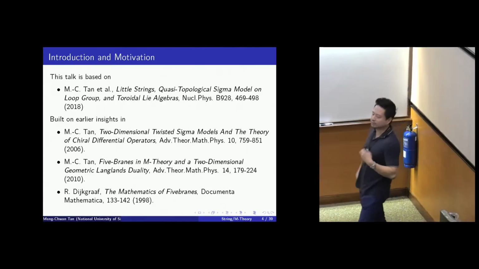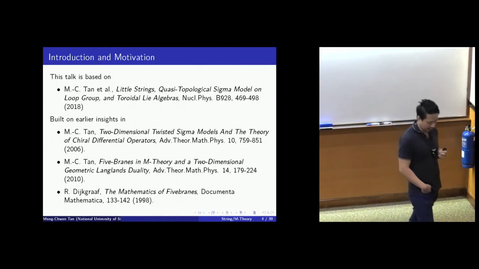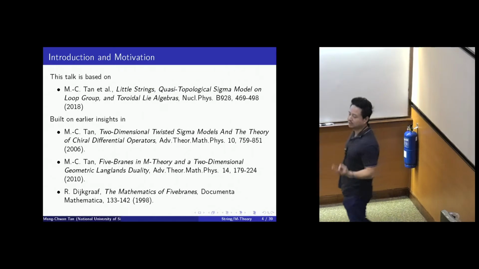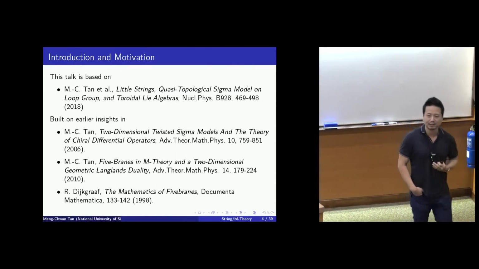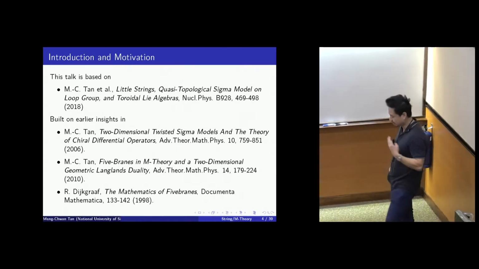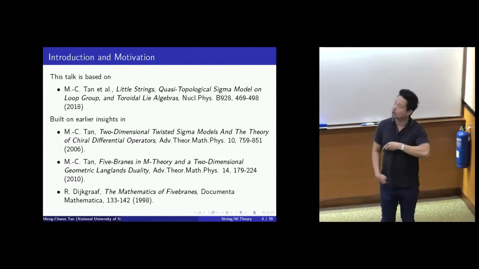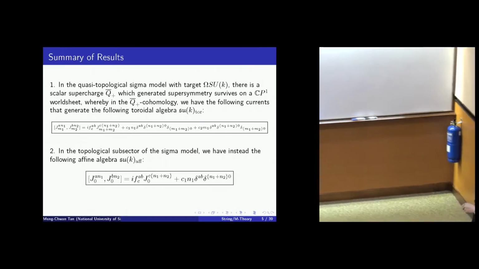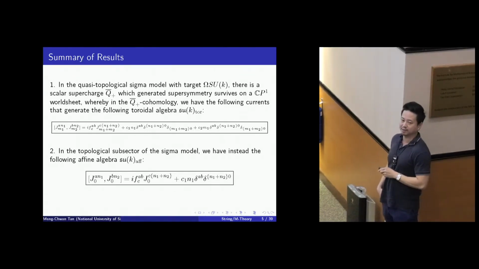Okay, there was very nice work that was done in the late 90s on 5-branes and M theory. And so we relooked at the results, relooked at the insights from there, and we decided to give it a modern twist, a modern version, a modern interpretation of those results, with generalizations and more insights using this sigma model on loop group. Okay. Now, to summarize the results, so in this quasi-topological sigma model with target space the based loop group of UK,